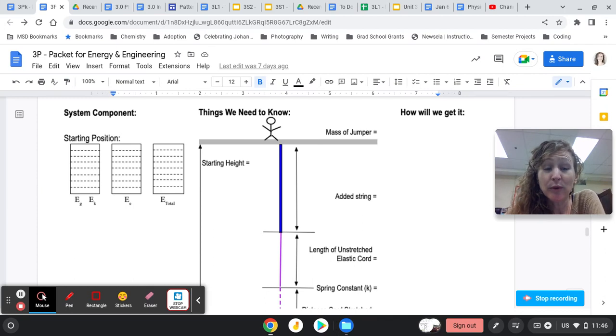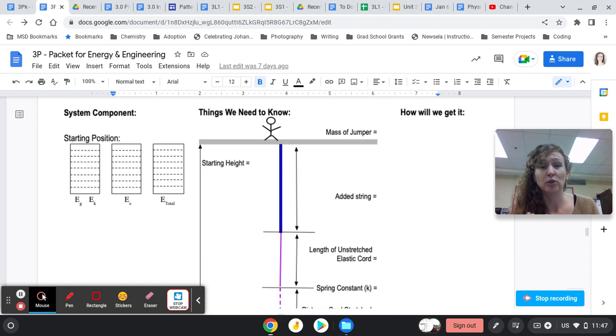Hi, all. We're going to walk through the system analysis for our bungee jumper. Now, we do a system analysis so that we can take this really big, complicated problem and break it down into smaller pieces. And then we can look at each piece by itself, and it makes our problem easier to navigate through. So we're going to build this system analysis together for our bungee jump, and then we will use it as a map to get all the pieces of information that we need